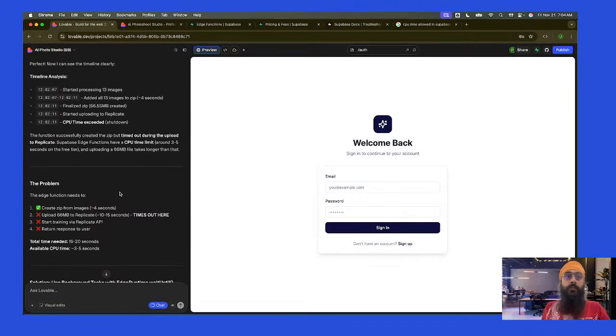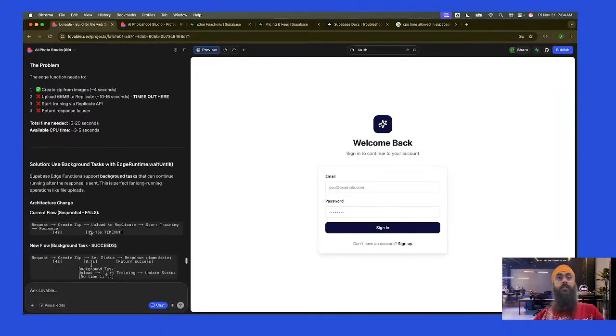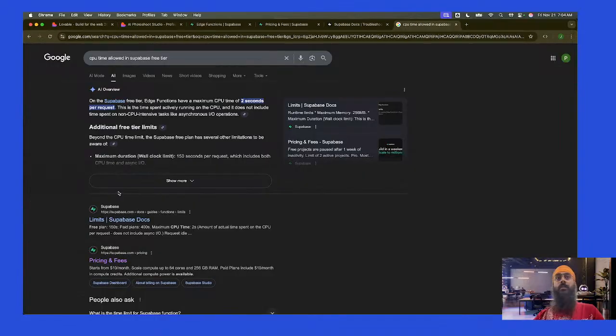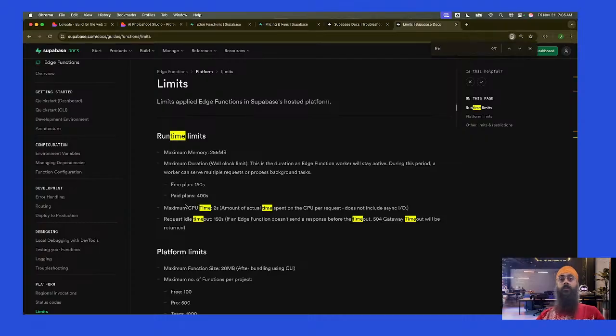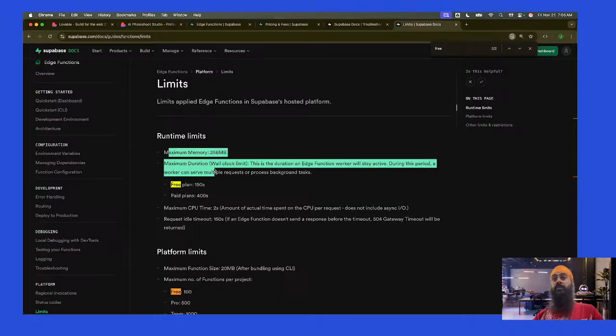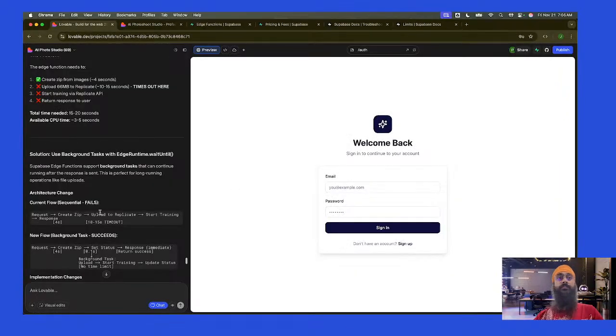Create zip from images, upload 66 MB to Replicate, times out here. Start training via Replicate API. Okay. Okay, there you go. Runtime limit, maximum duration 150 seconds.